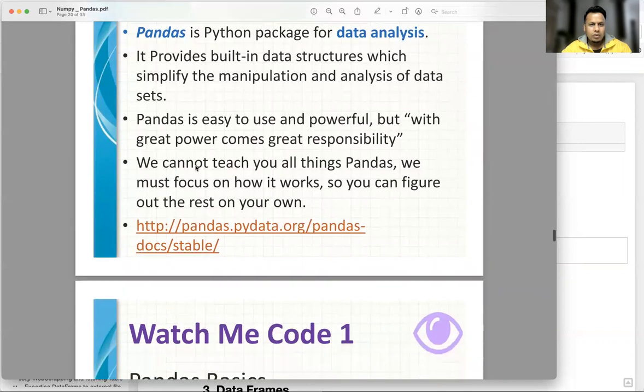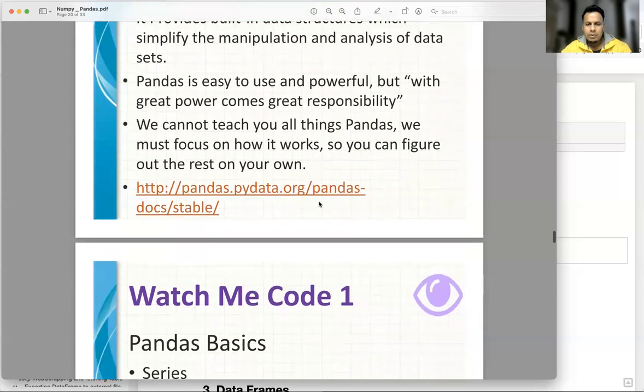So why have we mentioned this? Because it supports a lot of functionality, and what I'm going to show will be very heavily and very frequently used. I will not cover all functionality, but whatever I'm going to cover is sufficient. Once you are familiar with all the basic operations, I would suggest you please go to the documentation on the official Pandas website, and you can read about all the other operations I have not shown you. Then it will help you understand easily.